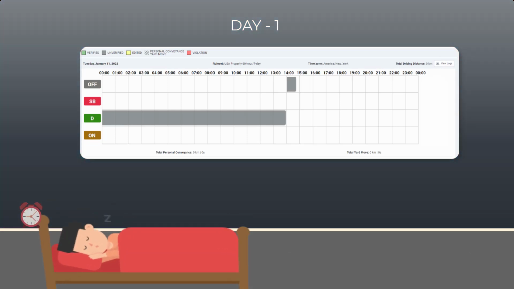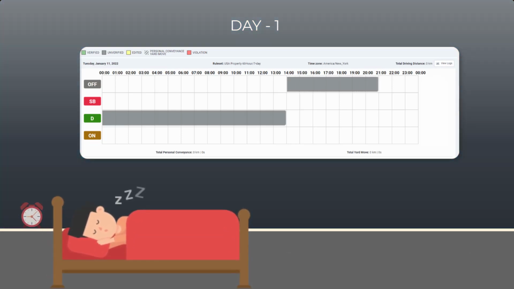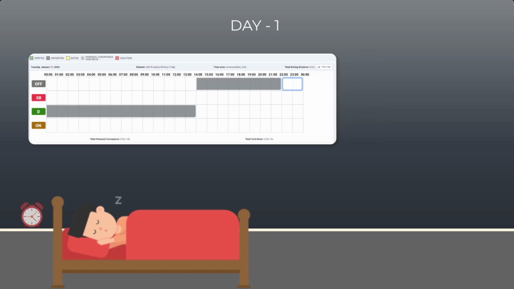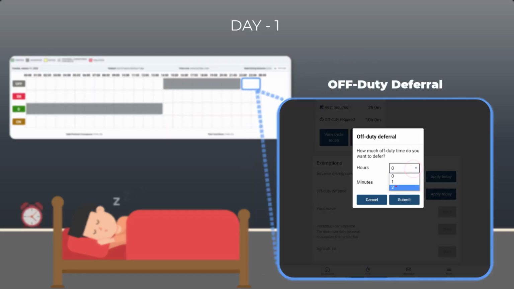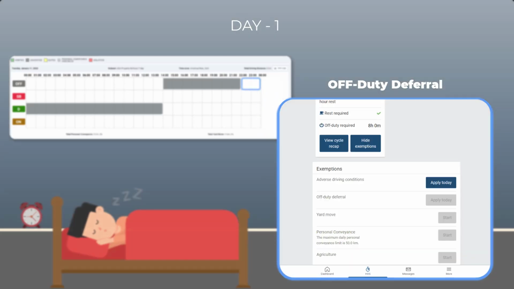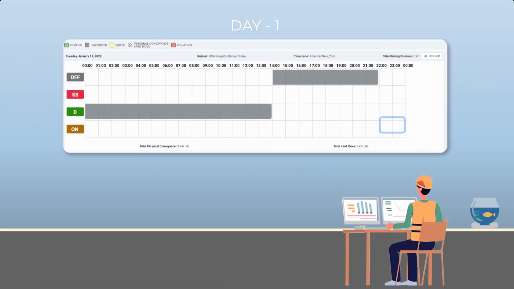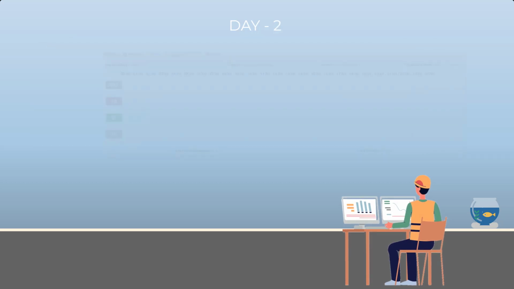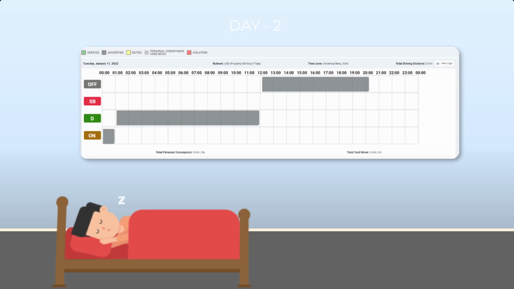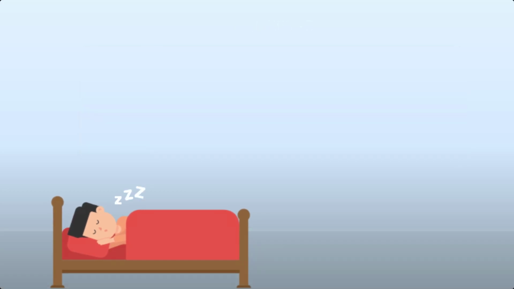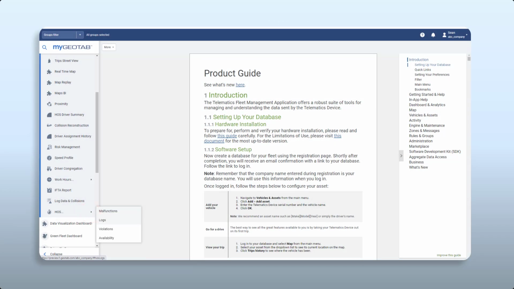Deferral of off-duty time allows a driver to convert up to 2 hours of off-duty time from the daily requirement into work hours. This means that instead of being limited to 14 hours per day, they can work a total of 16 hours. Therefore, this exemption allows a driver to start their next shift earlier in the workday without getting a 14-hour workday violation. If you suspect that an incorrectly used deferral is the source of the 10-hour rule violation,